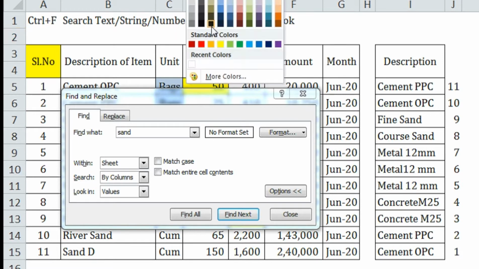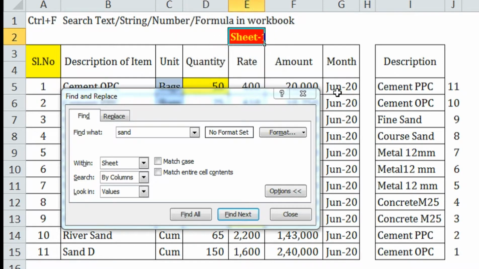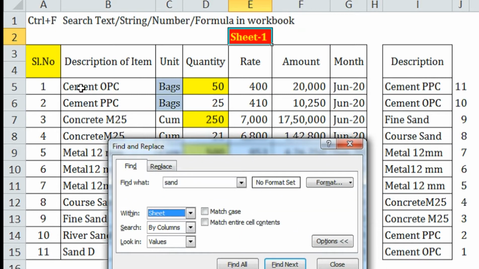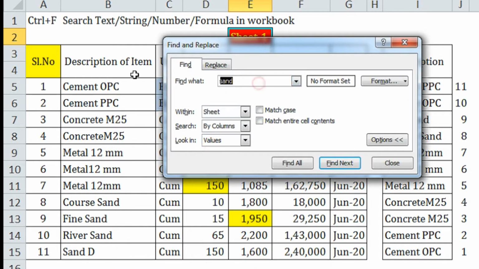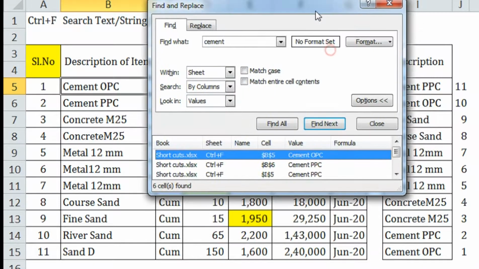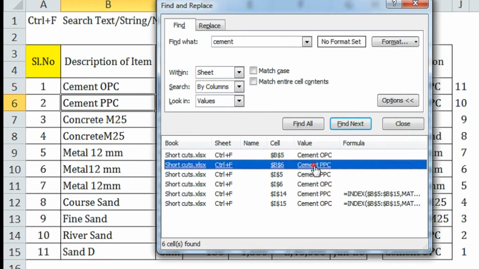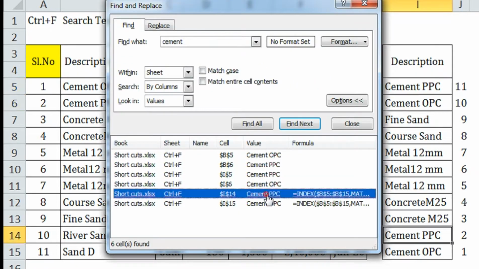Now I will be searching for the content called cement here, and I'll do find all. So I just wanted to note down how many things I got here. One, two, three, four, five, and six.